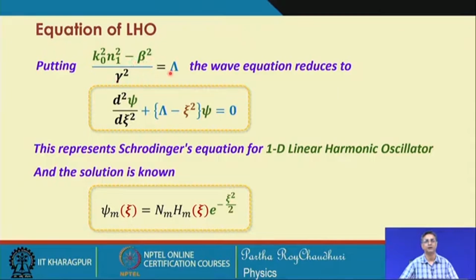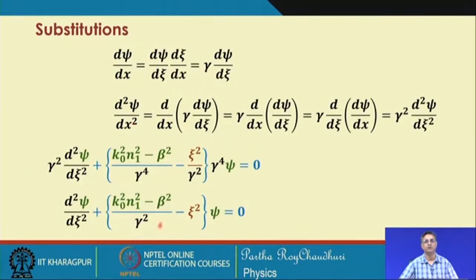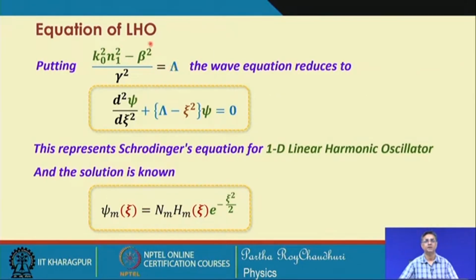k_0 square n_1 square minus beta square by gamma square equal to lambda, then this wave equation reduces to this form, and this form is very well known. We have solved this problem in the one dimensional linear harmonic oscillator. So, we do not need to solve it further using the various techniques. So, the solution of this equation, that is the one dimensional linear harmonic oscillator problem in quantum mechanics, the solutions are